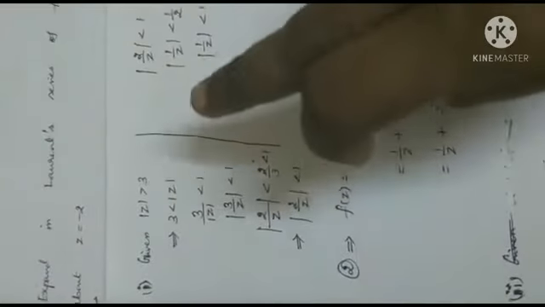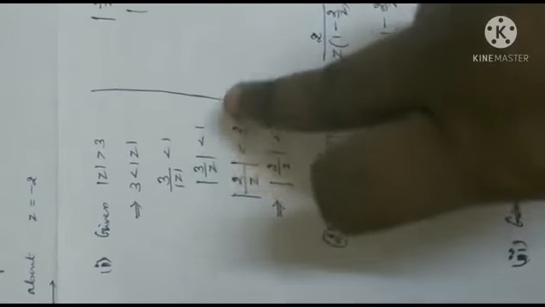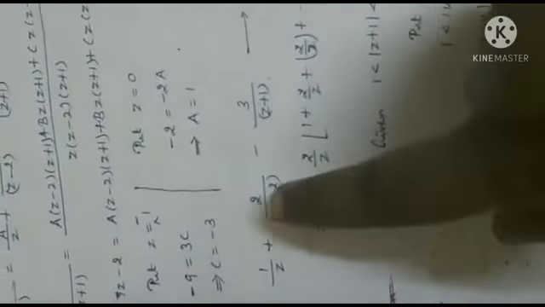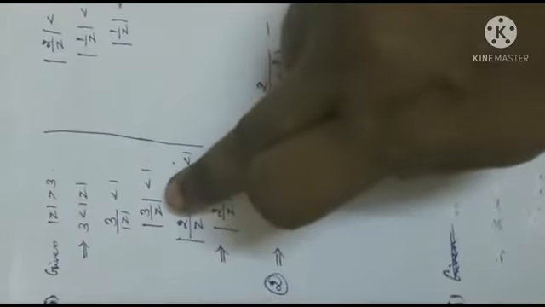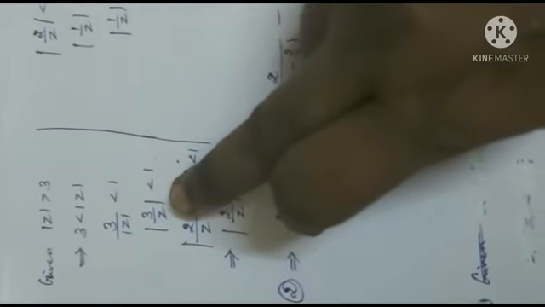Now the first subdivision is mod z greater than 3. We need an inequality less than 1. Let us rewrite it as 3 less than mod z. Divide by mod z. So modulus of 3 by z less than 1. When you come here, I have modulus of 3 by z, but here I have z minus 2, z plus 1. There is no 3 by z. We cannot get the 3 by z form. We can get 2 by z or 1 by z.